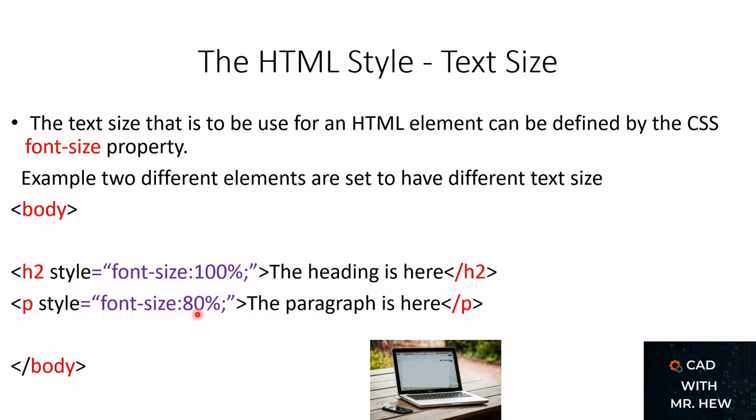Here we have the paragraph. We're going to apply the text size, right? And we have style is equal to open quotation font-size colon 80% semicolon close quotation, and it will be applied to the paragraph, and here we have the example using words. The paragraph is here, so the font size for the words in this paragraph would be 80%. Okay,